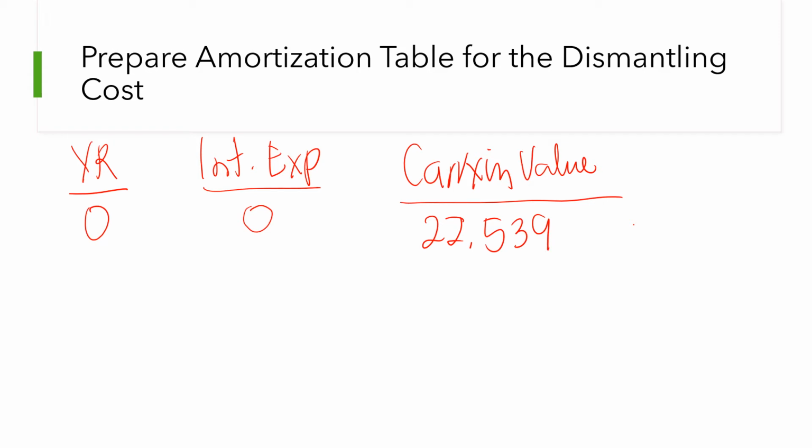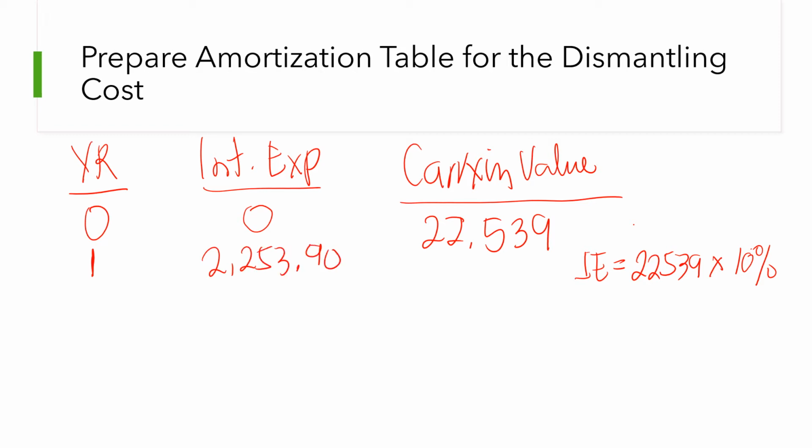22,539. So after 12 months, so after 1 year, we need to compute for the interest expense. So interest expense, this is 22,539 multiplied by 10%. So that will give us 2,253.90. So the effect of the amortization is that the carrying value of the dismantling cost will increase such that